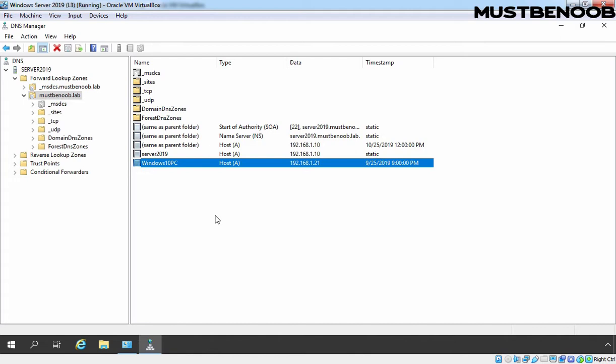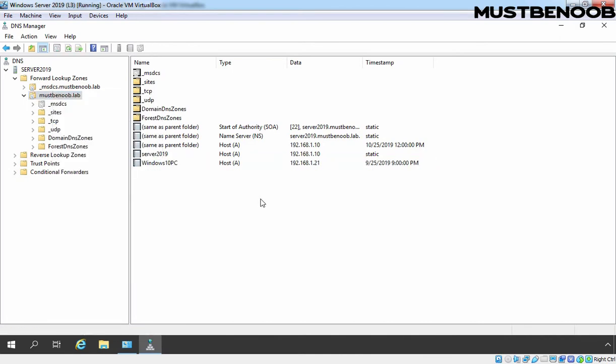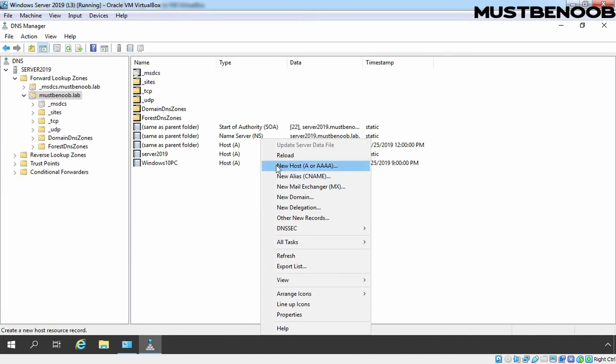But suppose you want to add a static host record. At that time you need to select that zone, right click on it and select New Host. Or you can right click on a free area and select New Host. A stands for IP version 4 address, and AAAA stands for IP version 6 address.